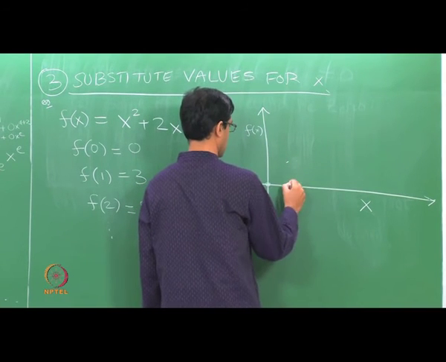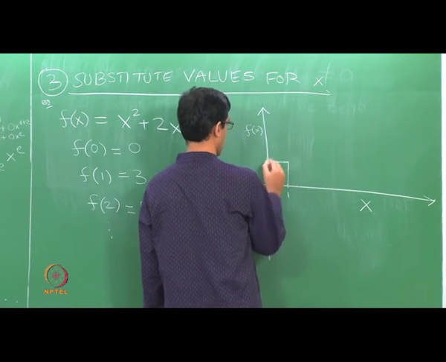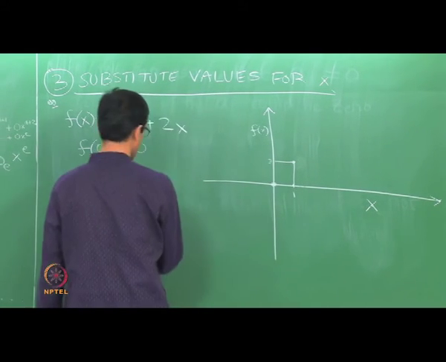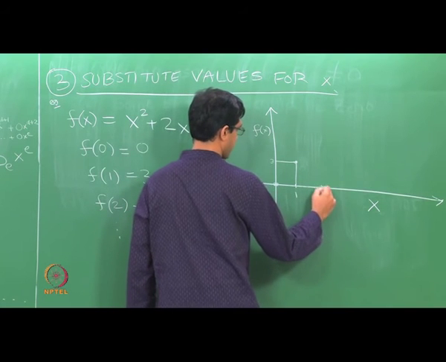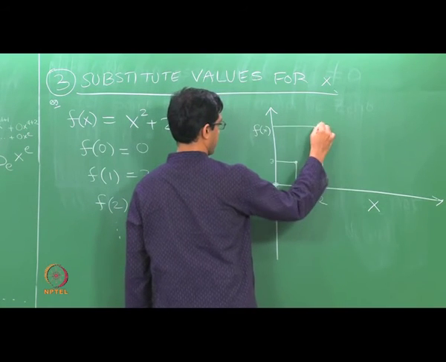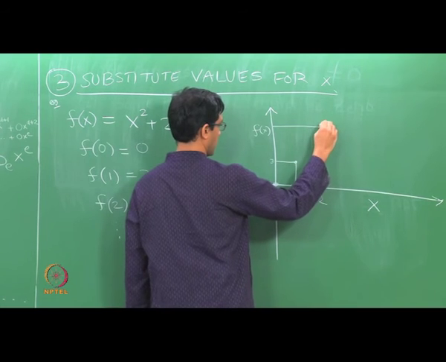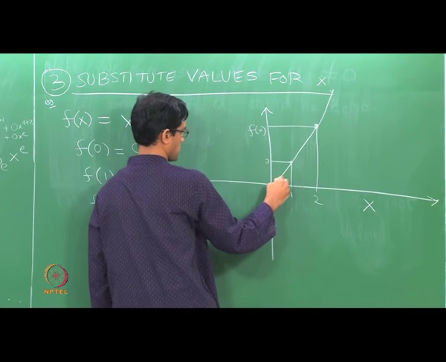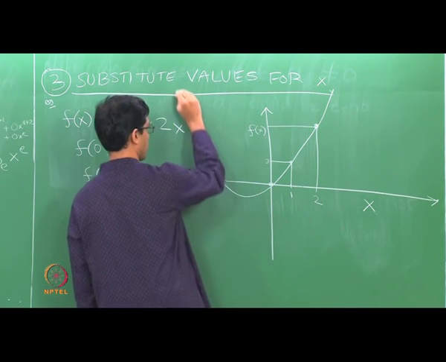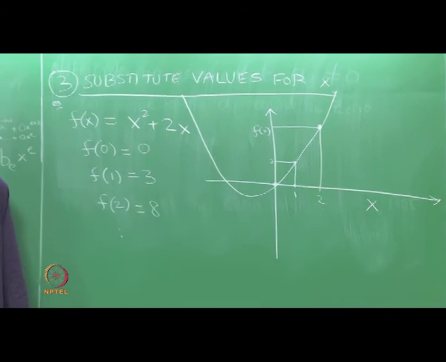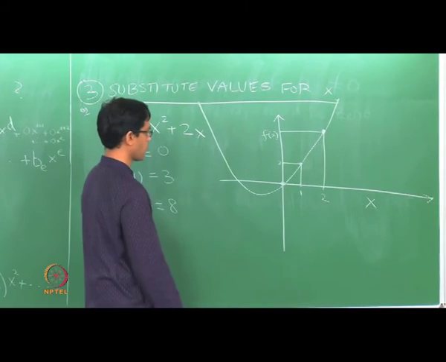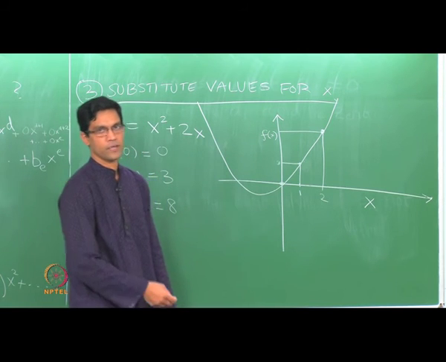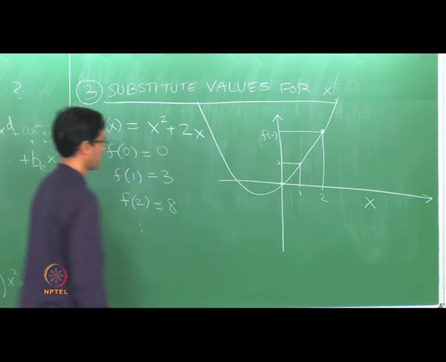So x equals 1, y equals 3, that is this point, and at 2 the value is 8. Plot this point and so on, and of course you join all of them up by a curve, and we get the familiar parabola in this case. That is just a pictorial depiction of this polynomial, it is a graph of this polynomial. Again something that should be very familiar,